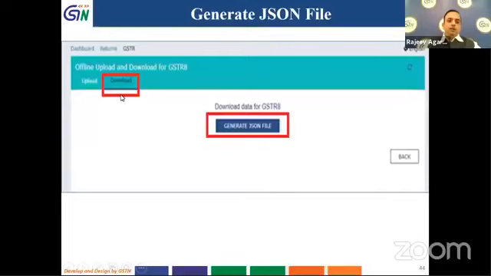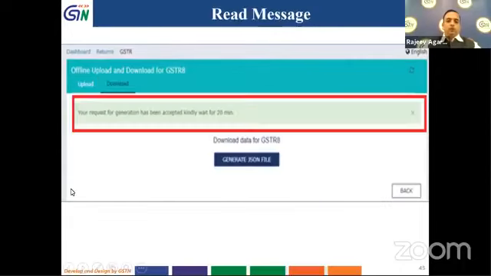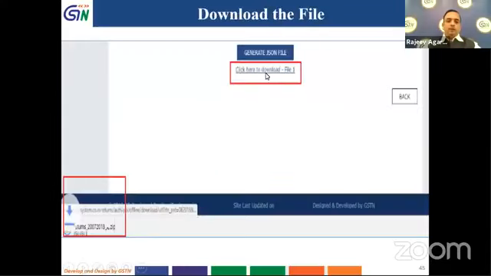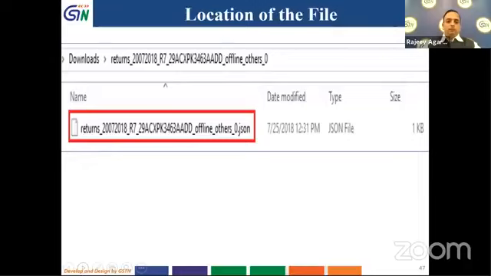Here we are downloading the data which we have already filled in to view in our offline tool. It will give me a message to wait for 20 minutes, and after the file is created, a link will come over here. I can click on this link and the file will be downloaded on my computer. I can save the file in one particular location.